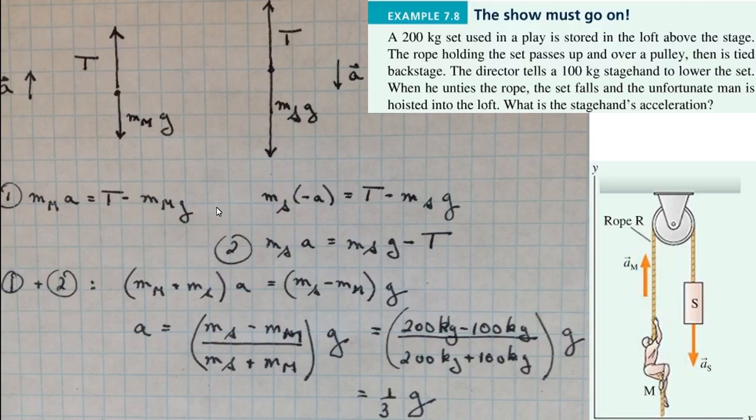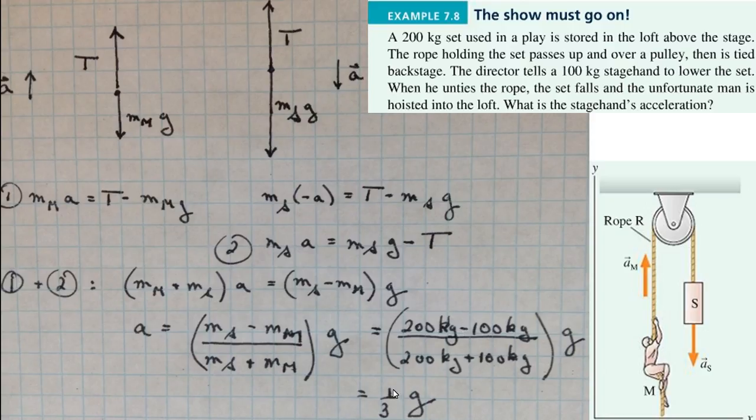So if I add these two equations together, adding the left-hand side gives me the sum of the masses times the acceleration, and adding the right-hand sides eliminates the tension and gives me the difference of the two masses times little g, and therefore the acceleration is the difference of the two masses divided by the sum of the masses times little g, where in the numerator the larger mass is the first one and the smaller mass is the second one. So if we put the numbers in, that's 200 minus 100 over 200 plus 100, which is 100